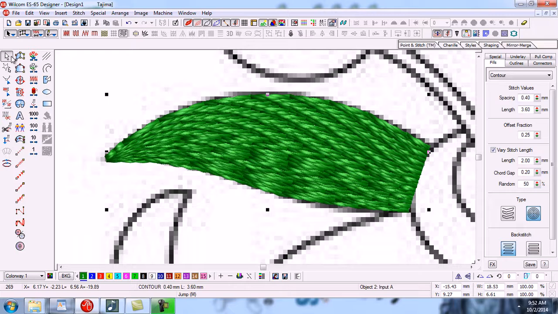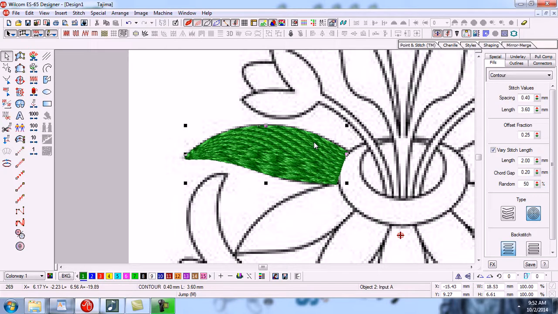So we can make any type of object with Input A, like this type of object.